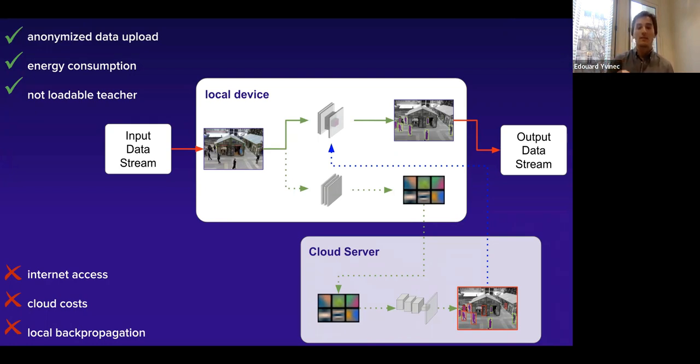I think that's very important to keep in mind, because if you want to do the training procedure on the cloud, you have to keep all the intermediate activations on the cloud. Because of that, you will not be GDPR compliant, because you will have the activations of the first layers, and those first layers contain the identity information, and therefore you can retrieve from the activations the identity of the people in the data stream. So in the distillation, the continual learning is happening on the local device.